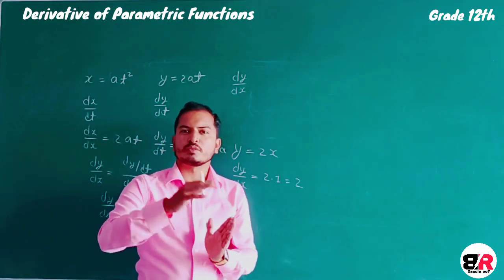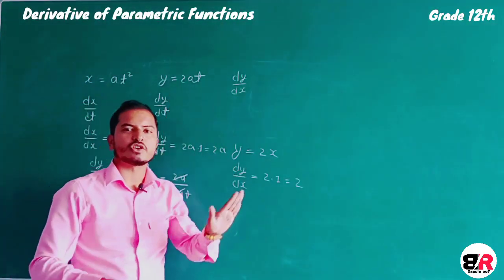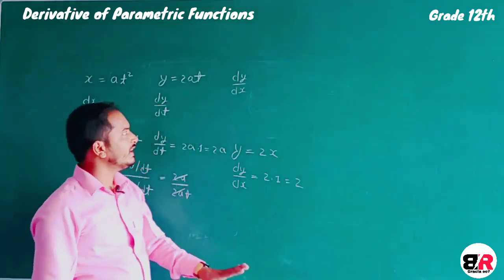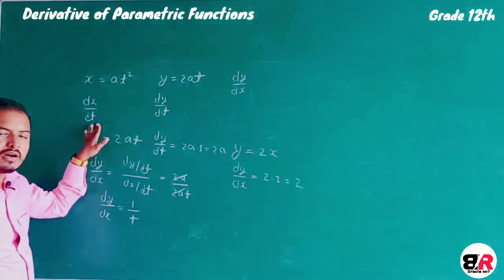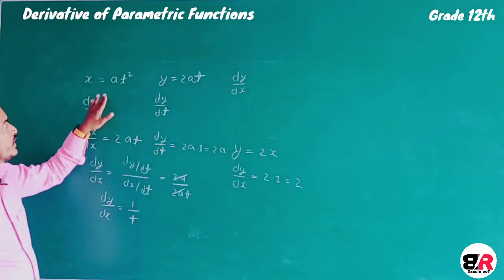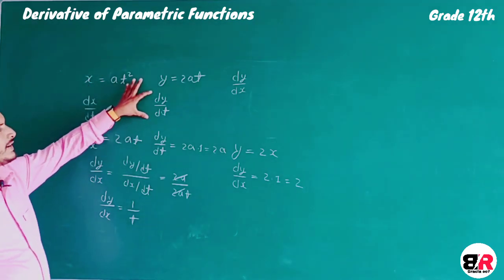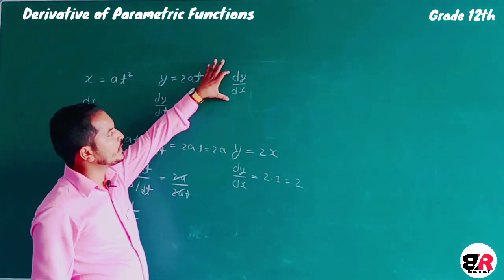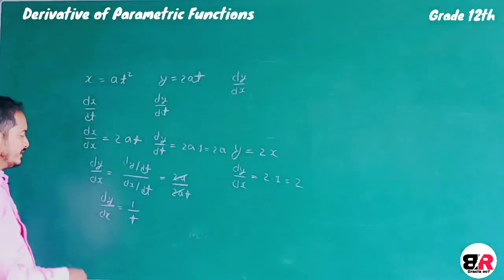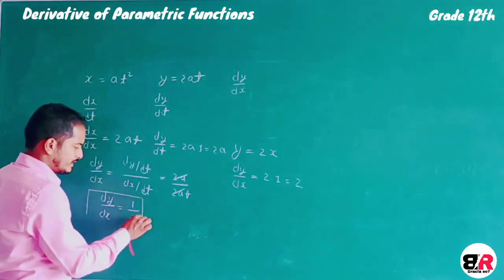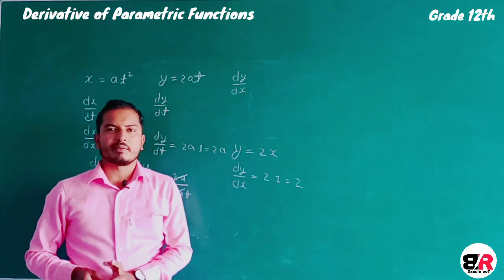So this is the method to find the differentiation of a parametric function, when x is a function of t, or x is a function of theta, or x is a function of any other variable. Similarly y is also a function of the same variable. Then we will find at first dx by dt or dx by d theta or dx by that variable whose function is x. Similarly here we will find dy by dt. After then, to find the value of dy by dx, we will divide dy by dt by dx by dt to find the required answer.